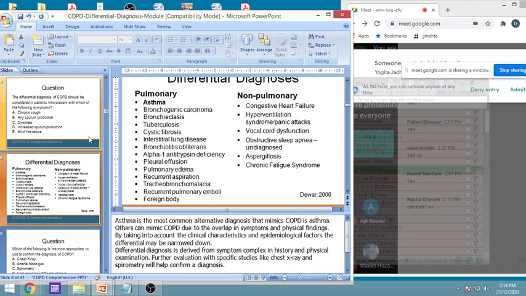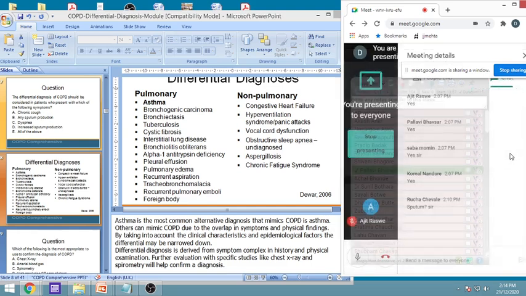But in all these patients, there is no problem in the lung. Now the patients who are having problem in the lung,